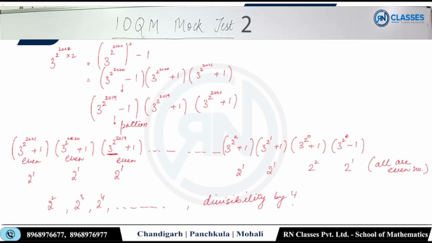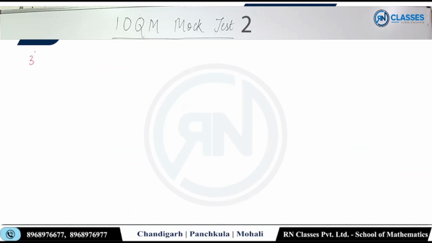डिविजिबिलिटी बाय 4 अगर मेरे को किसी में मिली तो मैं वहां पे 4 की पावर्स लिखूंगा, मतलब कि 2 की पावर 2 लिखूंगा, और फिर 8 से चेक कर लेंगे, देखेंगे आगे कितना बढ़ना है। पहले डिविजिबिलिटी बाय 4 चेक करते हैं, ठीक है। सो मेरे पास है, मैं सबसे आगे वाले पे चेक करता हूं, 3 raised to the power 2 raised to the power 2021, ठीक है। 3 की पावर है ना कुछ, तो 3 है मेरे पास, तो 3 को लिख दिया